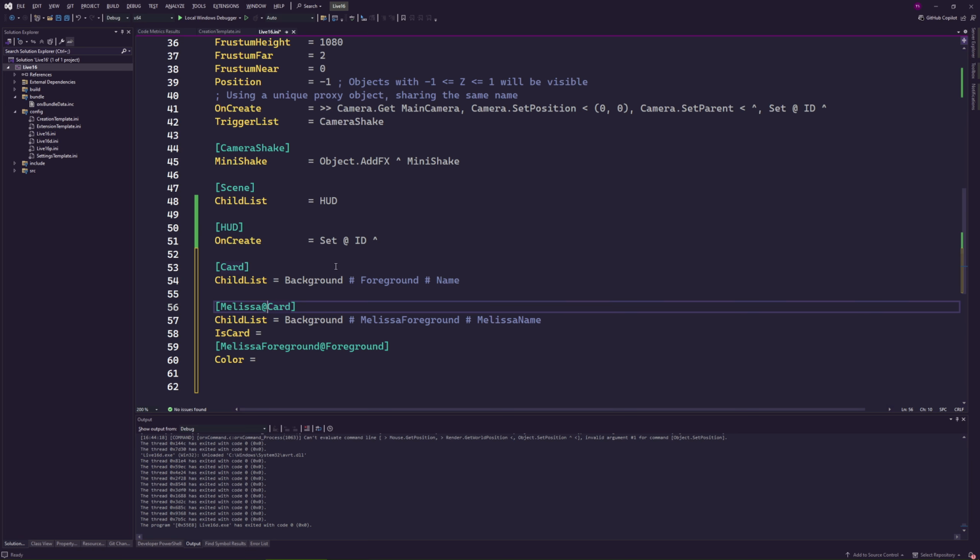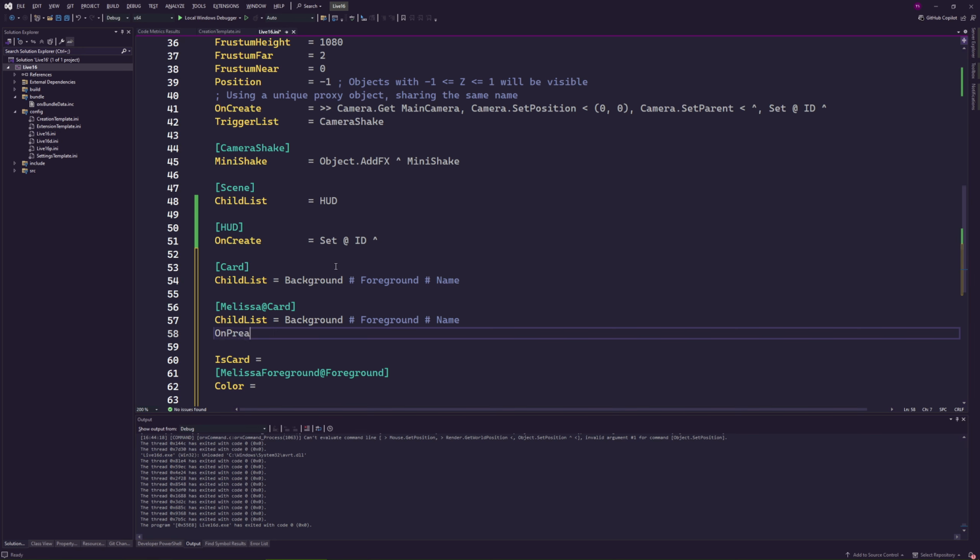So one way to do it would be, every time I create here, I can have an on create, and I can modify again the value of the foreground. So instead of doing this, for example, we could say on prepare, because it has to be before the children are created, I would say I'm going to set the foreground color as one, like I can pull from Melissa, for example. Let's say I'm coding it as yellow. I could say I'm going to set the name, the string, to Melissa, and so on and so forth. Again, that is a lot of manual stuff to do.